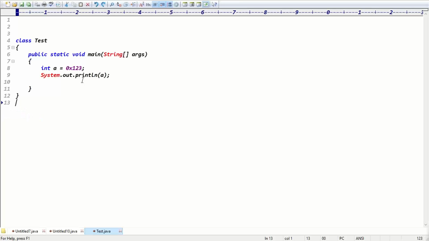In the same way, you can write the value for this one, 277. What's the value for 277?